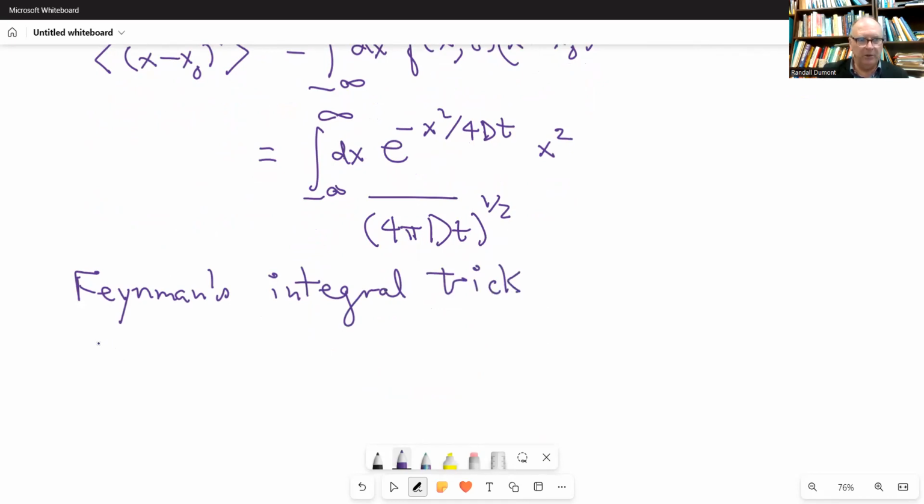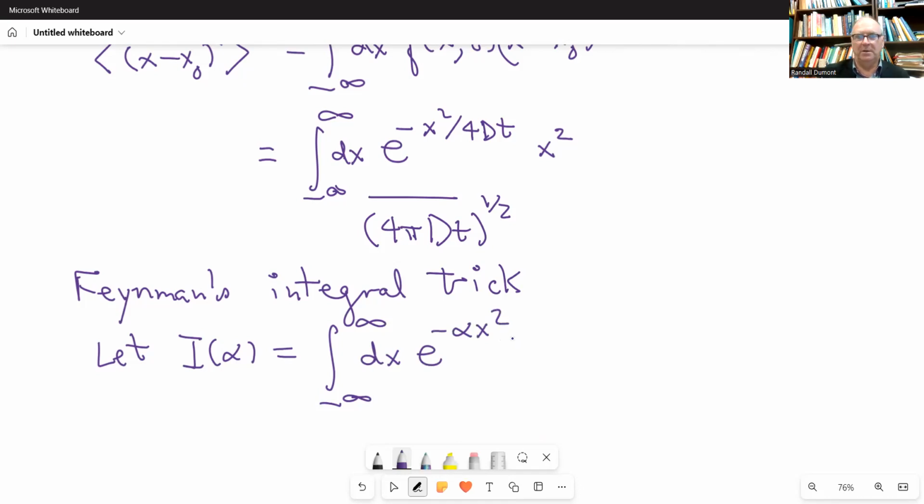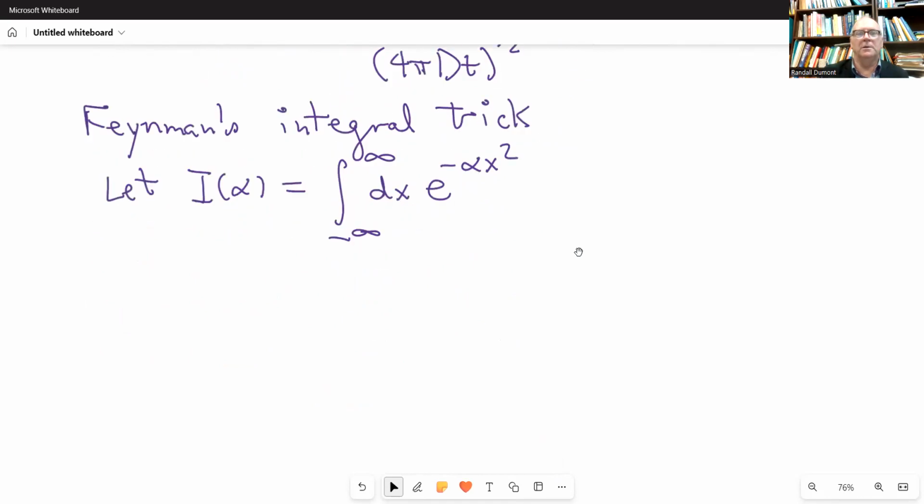So let I of alpha be equal to the integral of e to the minus alpha x squared. And then note that